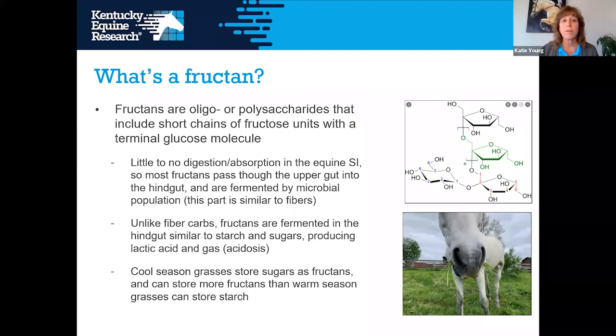But the difference between fructans and starches is that starches are also a bunch of sugar molecules hooked together, primarily glucose. Now, starches are digested well in the horse's small intestine, broken down into their sugars. Sugars are absorbed in the bloodstream. Fructans, however, have a bond in that molecule that is not broken down in the mammalian small intestine. So fructans, unlike starches, pass almost completely undigested through the small intestine into the hindgut, where, instead of being broken down by enzymes into sugars, they are fermented by the microbes in the